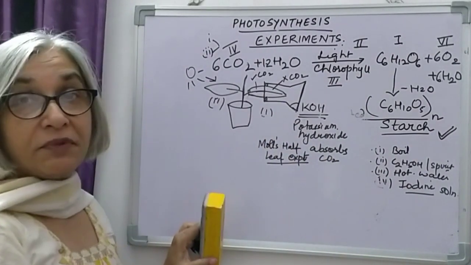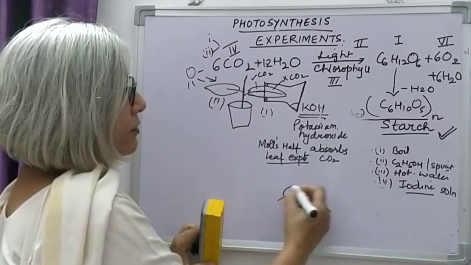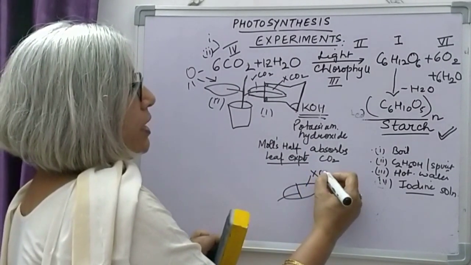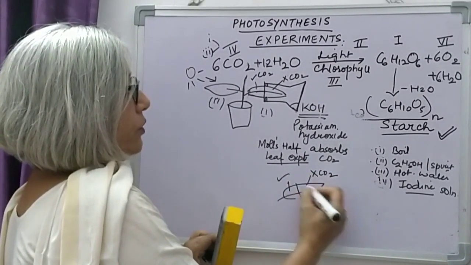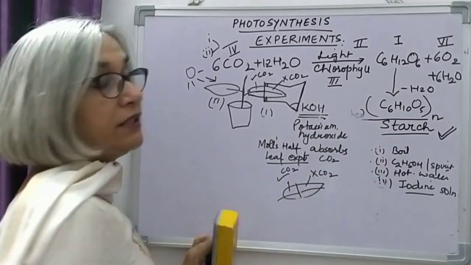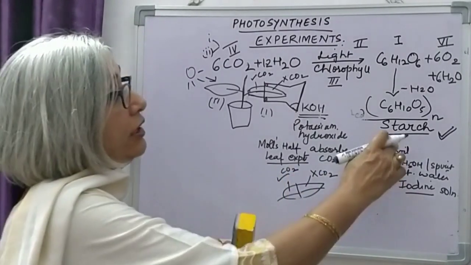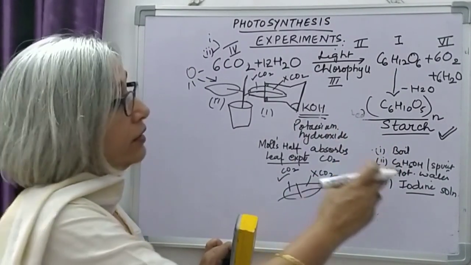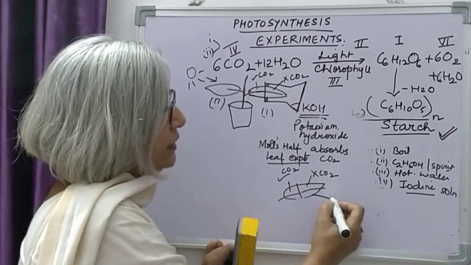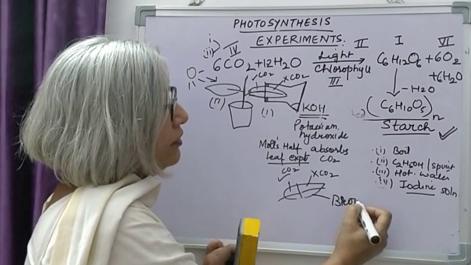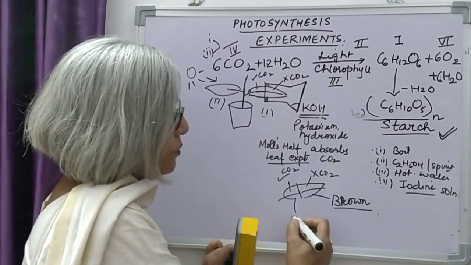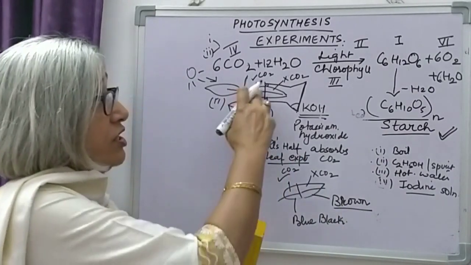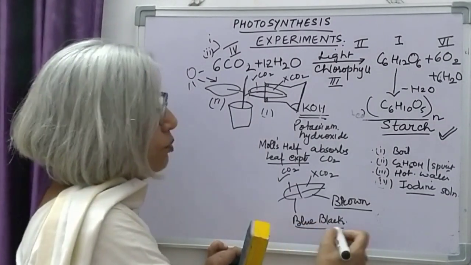Moll's half leaf experiment. Then we break this leaf and draw the boundary of the leaf on a paper. Portion that was not getting carbon dioxide, portion that was getting carbon dioxide, and test it for the presence of starch. Boil the leaf, treat it with ethyl alcohol or methylated spirit, keep it in hot water and test it with iodine solution. We see the portion that was inside the flask turned brown, whereas portion which was outside the flask containing carbon dioxide, which received carbon dioxide from air, turned blue-black in color.